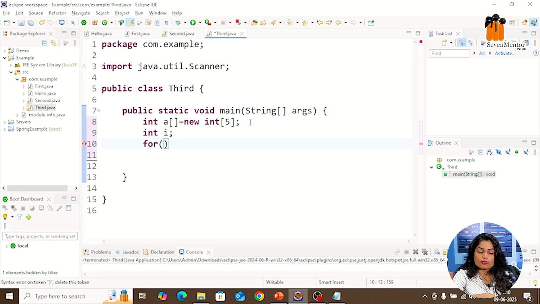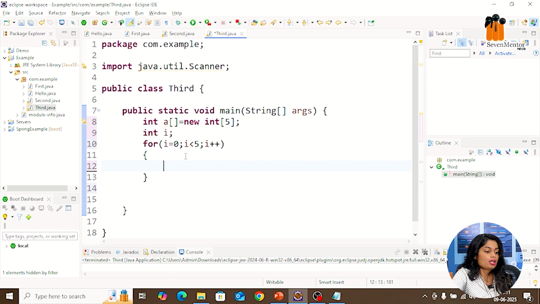So we are going to use a for loop here, for i equals to 0. Always remember in an array, elements are indexed starting from 0. So i equals to 0. I want numbers till 5, so i is less than 5, i plus plus. So this is our for loop. What I am doing here: i equals to 0, the first element will go to the 0th index. Then i is less than 5, the last element will go to the 4th index. Then from 0 to 5, I want to do the increment, so that's why we are using i plus plus. This is for the increment purpose.